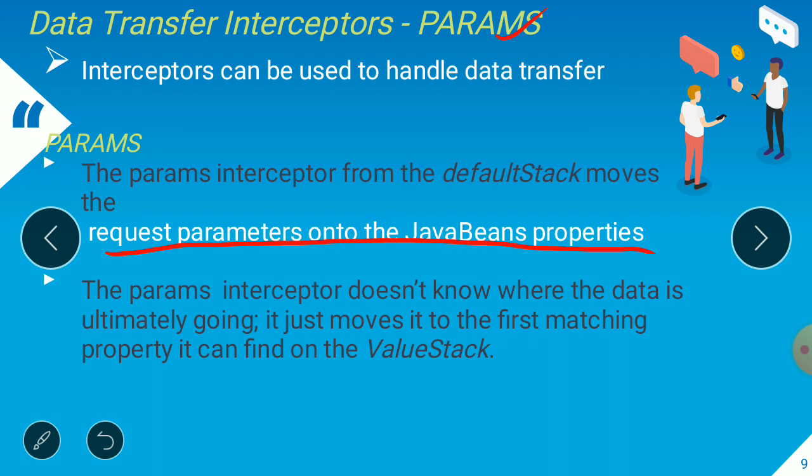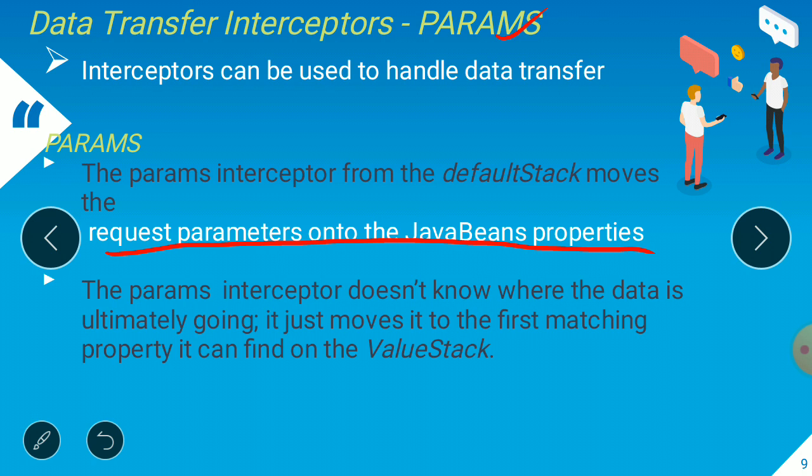அப்போ ரெக்வெஸ்ட் பேராமீட்டர்ஸ் கிளைண்ட்லேருந்து வரதை நம்ம ஆக்ஷன் மூவ் பண்ணுதுன்னு ஒரு கான்செப்ட் இருந்தது. அதுக்கு பதிலாக we can use this params interceptor. அதை யூஸ் பண்ணினா now this interceptor moves the data in the request parameter to the Java Bean property. அப்போ இந்த request parameterக்கு இந்த டேட்டாக்கு இதுதான் இந்த Java Bean property தாங்கிறது எப்படி params interceptorக்கு